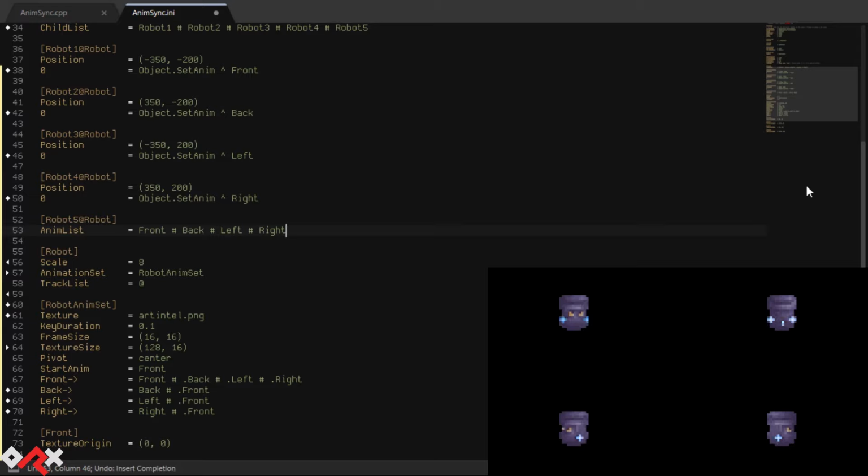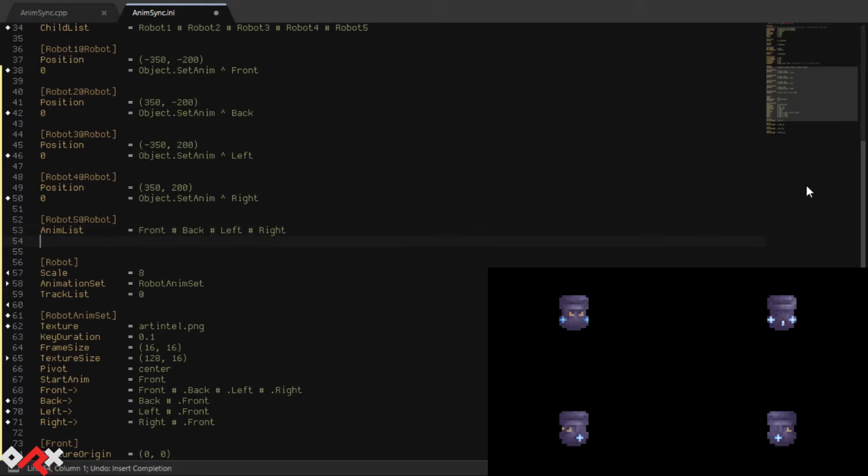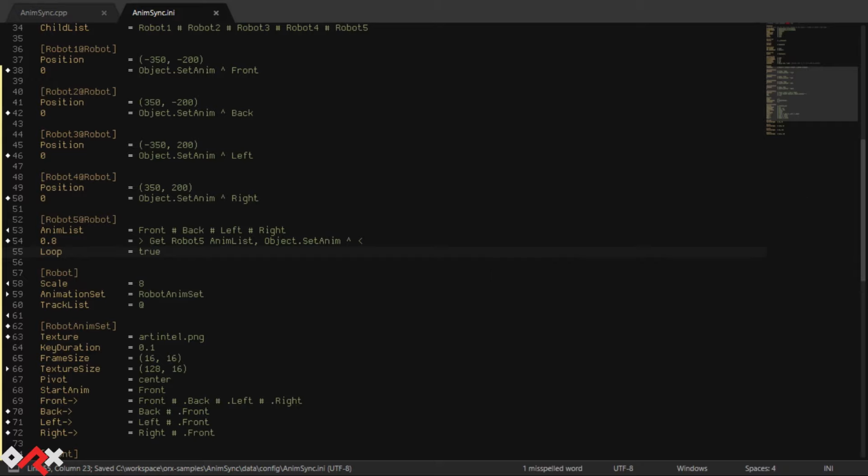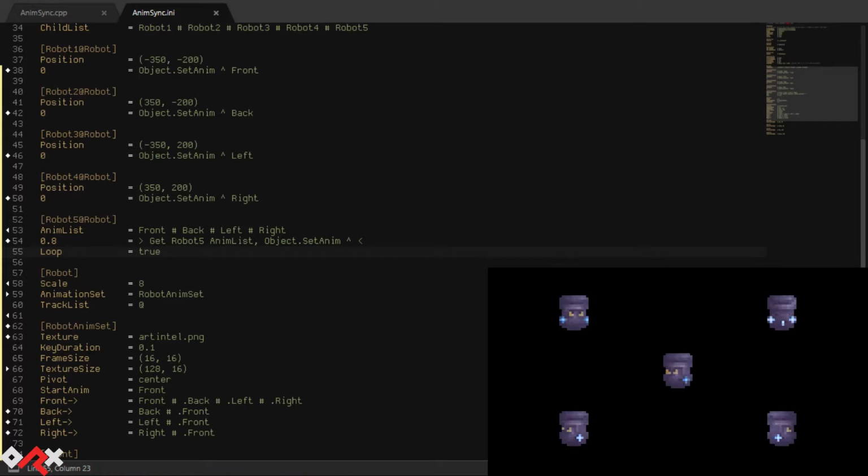Given that each animation has 8 frames that each last 0.1 seconds, we'll add a looping track that will execute an animation change every 0.8 seconds. Let's restart again. We can see the robot in the middle randomly changing animation at the end of every cycle.